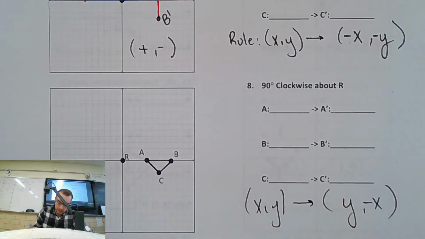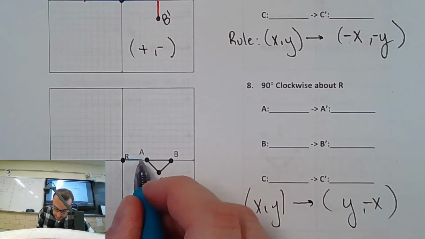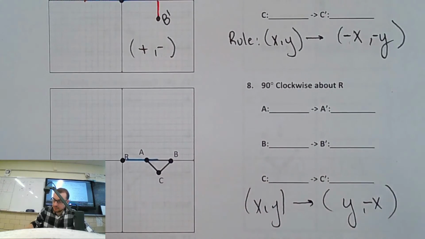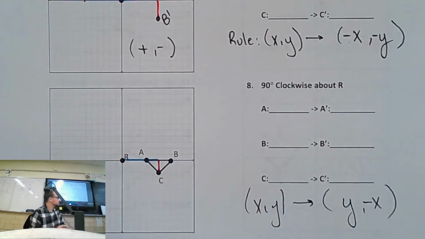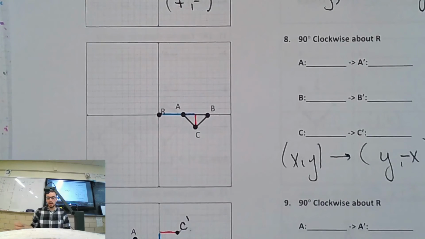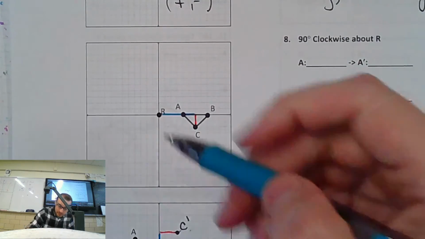That's going to be some weird coordinates, so I'm just going to do C first. C is 6 for the blue and 2 for the red. Look at that blue line. We're doing 90 degree clockwise. Blue line's pointing this way. If I do clockwise for you guys it's this way. Which direction is that blue line going to point now? Down. So it's going to be 6 down.